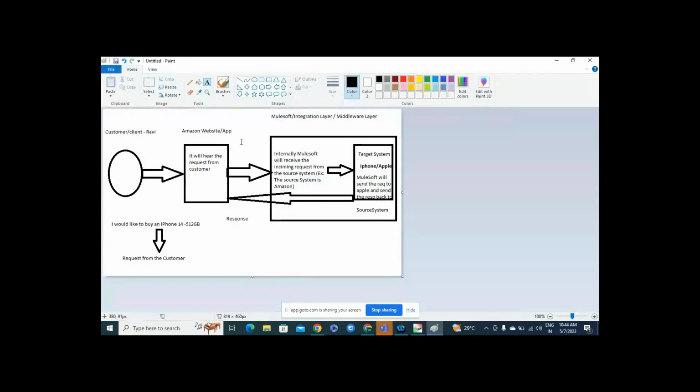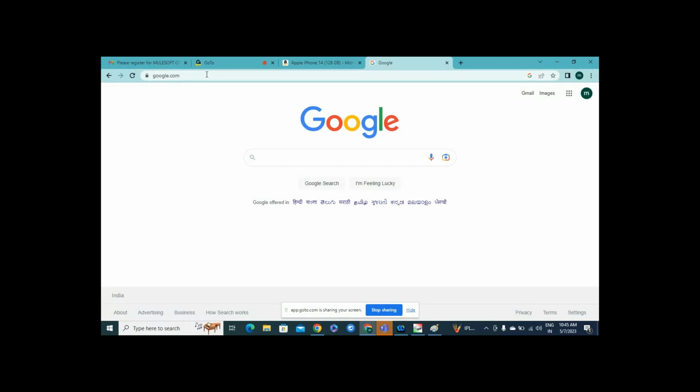This is a very commonly used e-commerce example, and it will be easy for each and everyone to understand. That is the reason I have taken this example. Once I complete this example, we will go for a second example. So I will take one another example. For this example, you need to give the answer. I'll open it here.